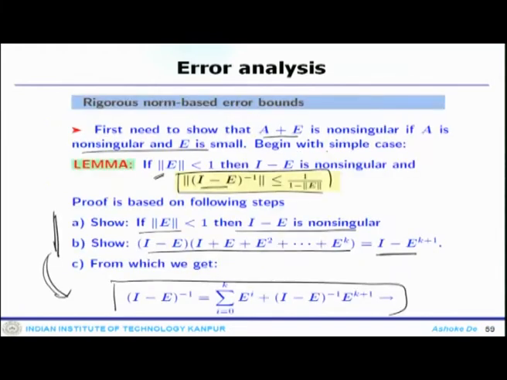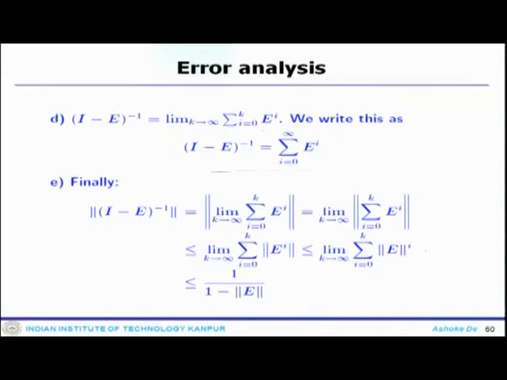So, the lemma says the norm of identity minus E inverse should be less than or equal to 1 by 1 minus the norm of E. First we showed that E is small, so its magnitude is less than 1, and I minus E is not singular. That is the first part. Second part, we show the inverse of I minus E. So, basically you have expanded this term and you get I minus E to the power k plus 1, and when you take the limit, this becomes the sum of E to the power i, and the final step,